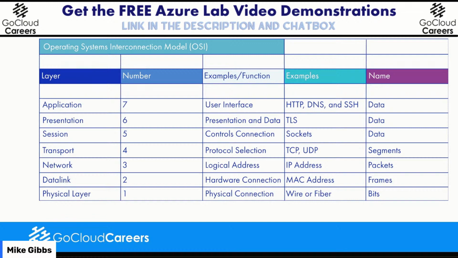Now, layer three is going to be the network layer. In the old days, we had AppleTalk addresses. Boy, they were fun to work with. We had IPX addresses in the Novell network kind of days. And guess what else we have? Now we're in a world where we have IP addresses, IPv4, IPv6.